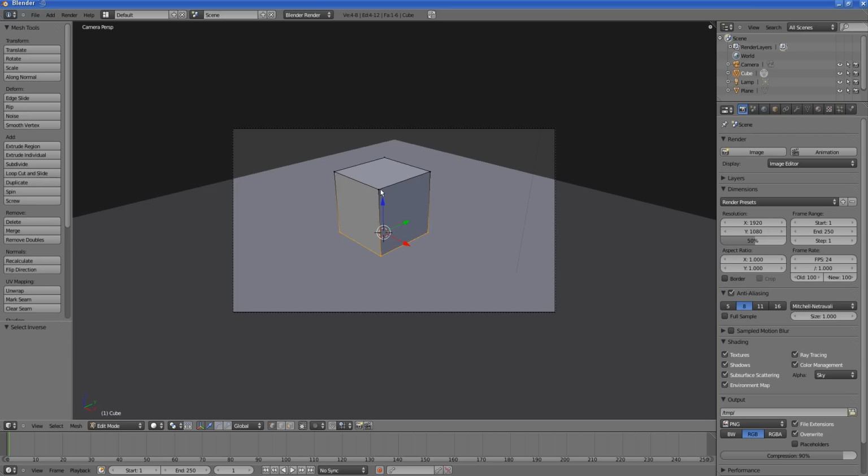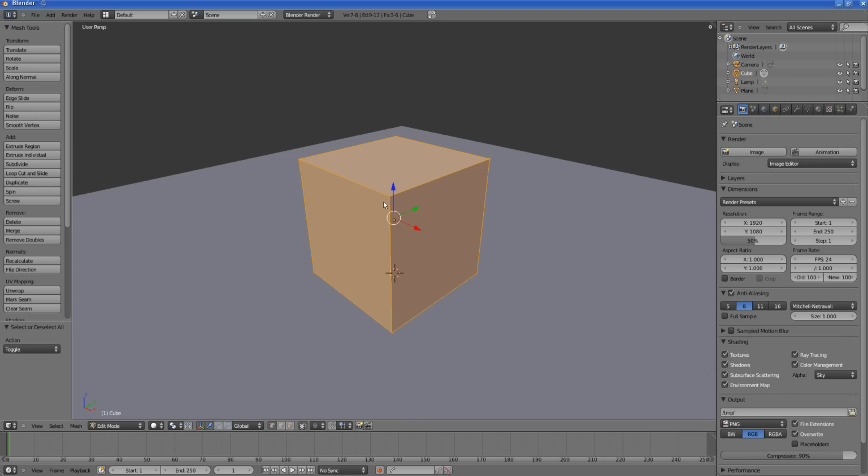Right, you can also do box selection. Press the B key, and it'll give you this cursor kind of thing. Just click and drag. There you go, box selection. Now,